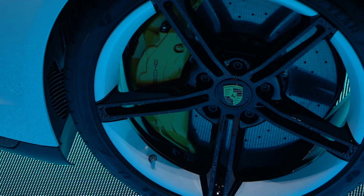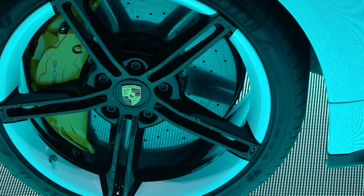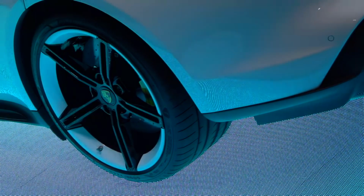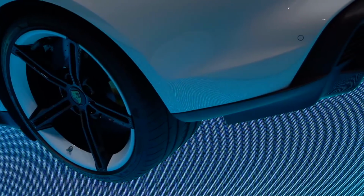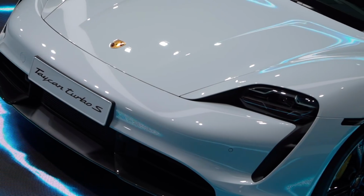Now, the range is about 260 to 280 miles, depending on which version you go for. Now, Porsche says the Taycan offers a step change over what is possible today, and there is loads of kit on this car. Air springs, it has active rear steer, and interestingly, it has the lowest centre of gravity of any Porsche on sale. And the Taycan has an 800-volt charging system, which means it can be charged at up